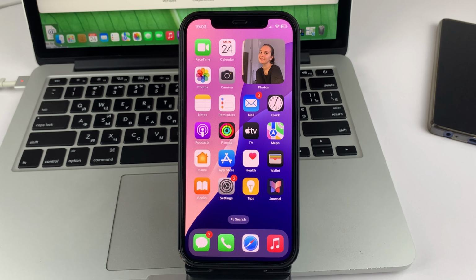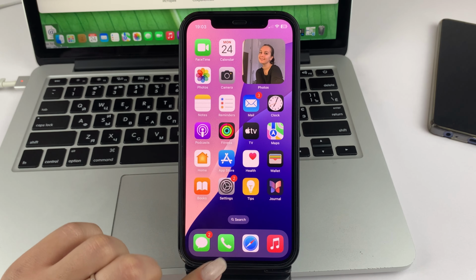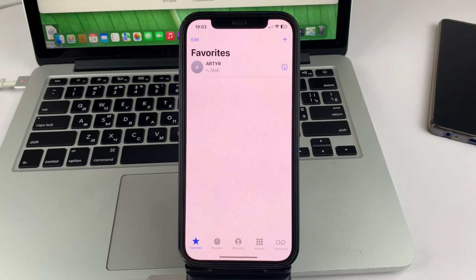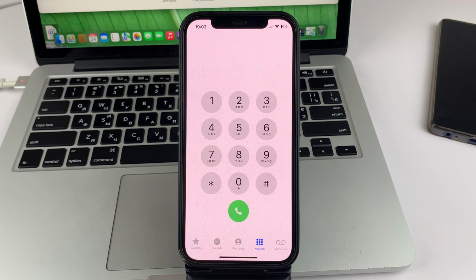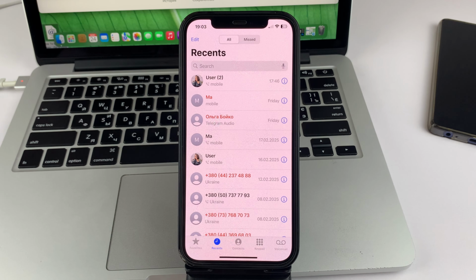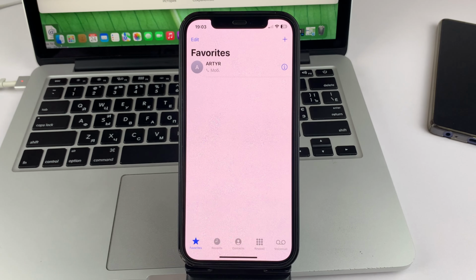Well, we're going to go ahead and get started on this topic. And I'll tell you that it's a pretty quick, simple process that absolutely everyone can repeat. To do this, you will need to, friends, open the phone section on your iPhone at the bottom. Then look, there are different sections down here like voice messages, keyboard, contacts, calls. And then on the very left at the very edge, you'll see favorites. These will be your favorite contacts that you have previously added.